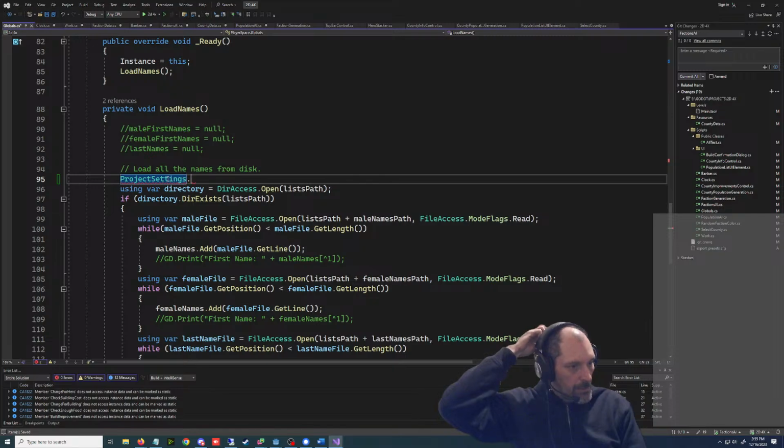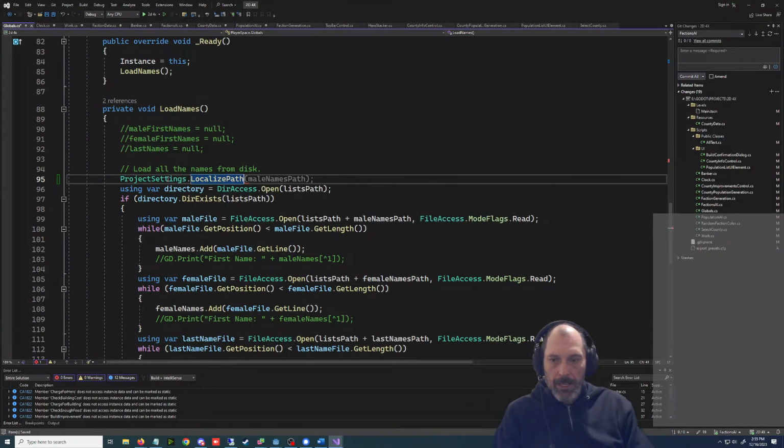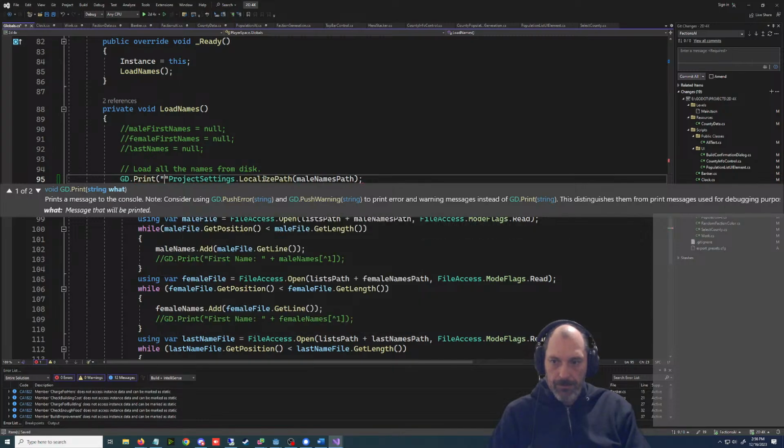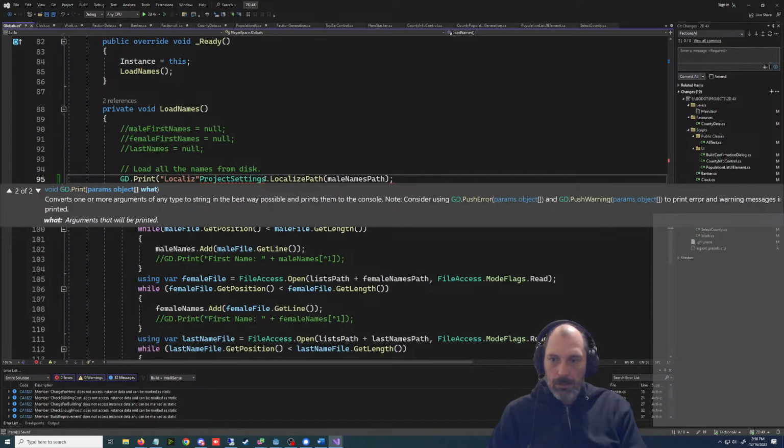ProjectSettings.localize_path, mail. All right, this is what we're going to do first. I want some information here, and I will get that information by doing this: localize path.